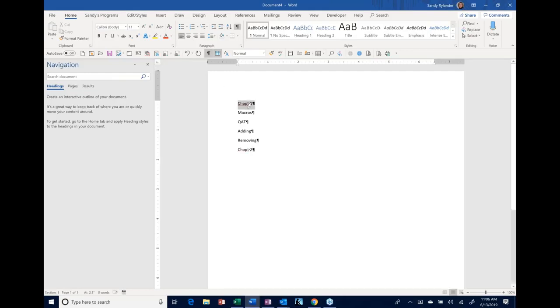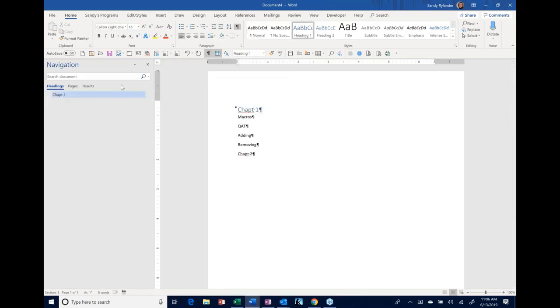Okay, so let's say you say, well, this is my heading. My heading is bolded and it's centered and all that. Notice absolutely nothing is going here because it's not really considered a heading. I would have to add a Heading 1 style to that. And as soon as I do, notice Chapter 1 shows up. I'll add a Heading 1 style also for Chapter 2,